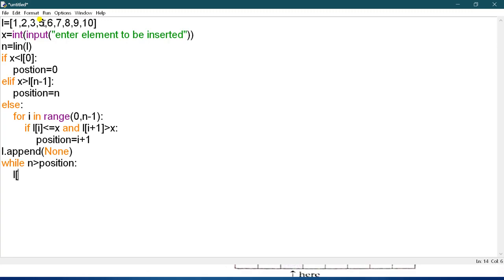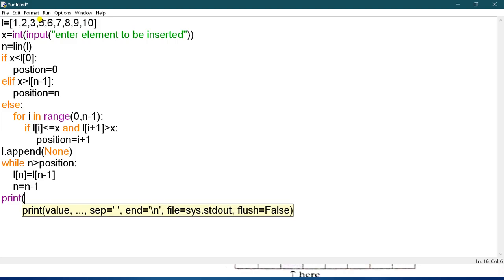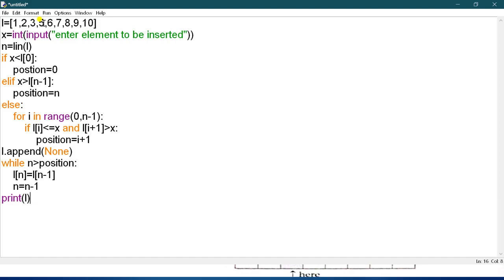So here L of n is equal to L of n minus 1 and n is equal to n minus 1, so that the value of n gets decreased. Now you have to print it, print L, okay. Now run your program,